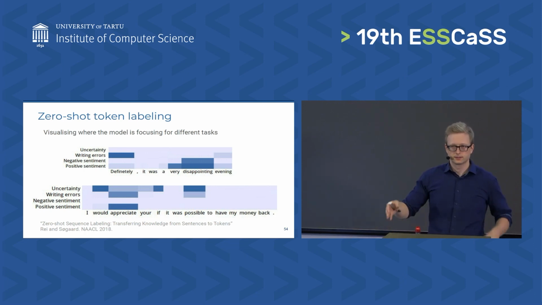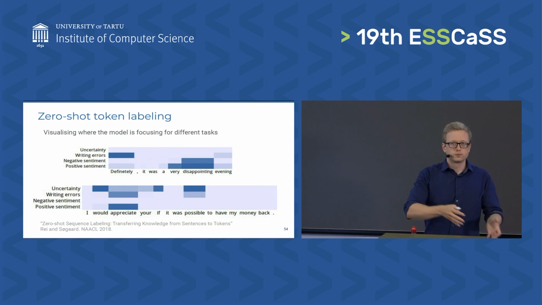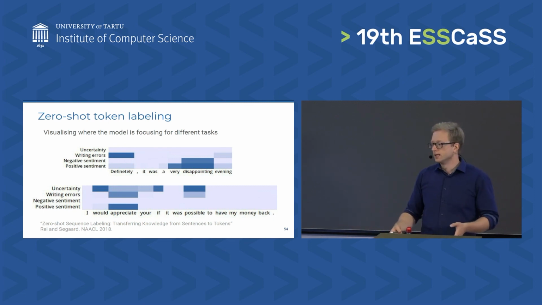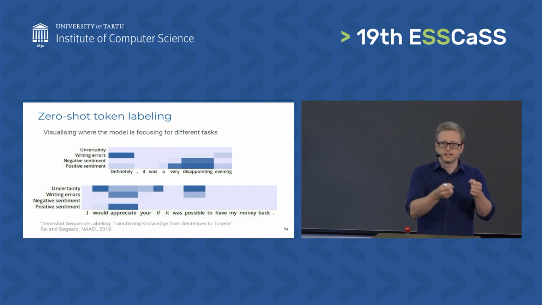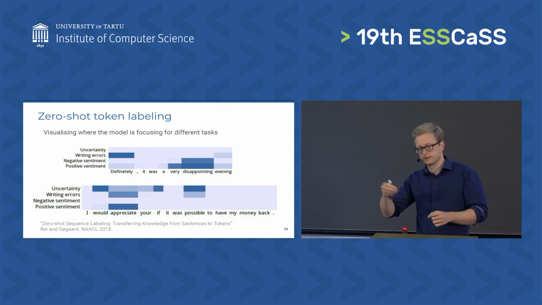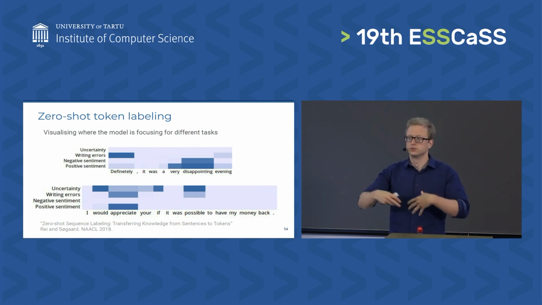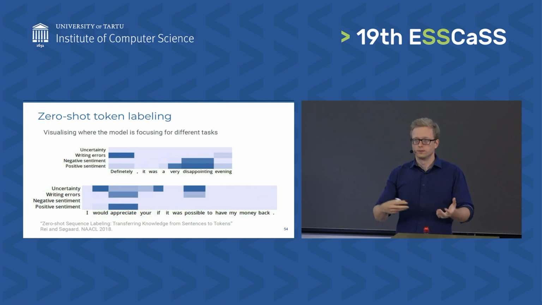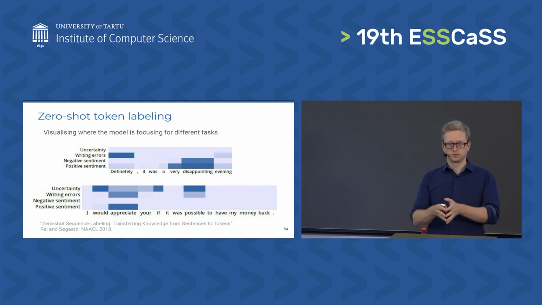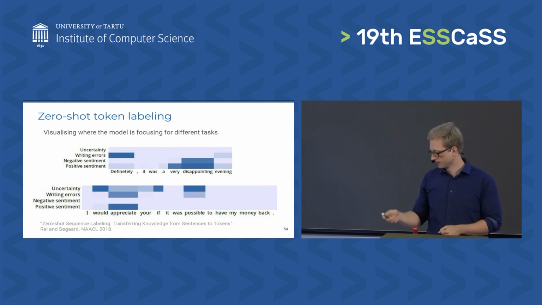And that's because these are opposite sides of the same problem. If the sentence contains some negative sentiment, then that's an indicator that there's no positive sentiment in the sentence. So the model still chooses to focus on it. So it's an open research question. How can we actually force these representations apart so the model starts to distinguish which is the positive sentiment evidence and which is the negative sentiment evidence?